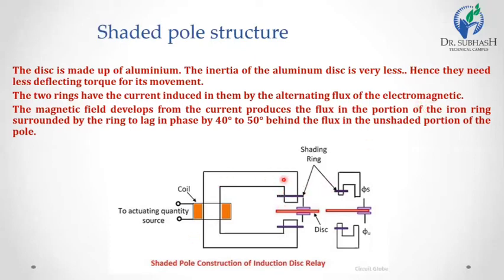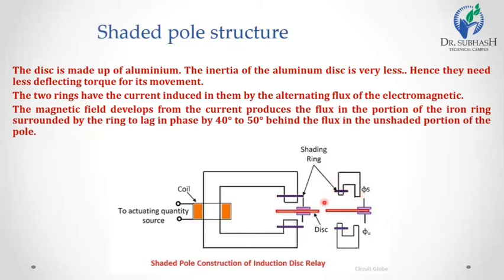So in these shading rings, alternating flux is induced. The magnetic field developed from the current produces flux in the portion of the iron ring surrounded by the ring, and it lags in phase by 40 to 50 degrees behind the flux in the unshaded portion